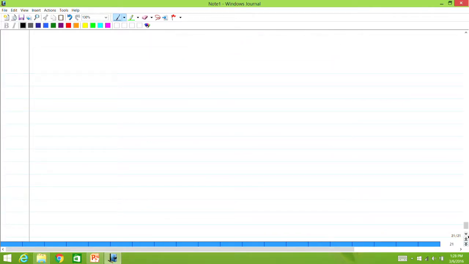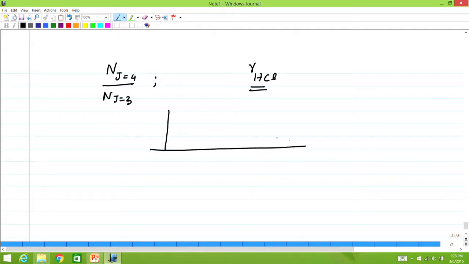the ratio of populations of the energy level J equal to 4 divided by J equal to 3. This is the second subdivision. The first division is the bond distance itself for HCl. This is easy. Please remember the successive rotational lines when you write the intensities. The successive rotational lines are all differing by 2B. Okay, this is intensity, this is the wave number, they all differ by 2B, and therefore 2B is equal to